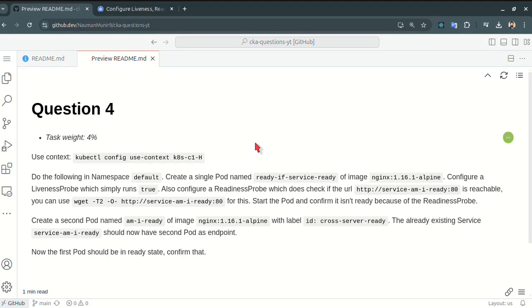Hi everyone, today we are going to solve question number 4 for the CKA exam practice question. The question says, do the following in namespace default: create a single pod named ready-if-service-ready of image nginx:1.16.1-alpine, configure a liveness probe which simply runs true, also configure a readiness probe which does check if the URL is reachable. You can use this command, start the pod and confirm it isn't ready because of the